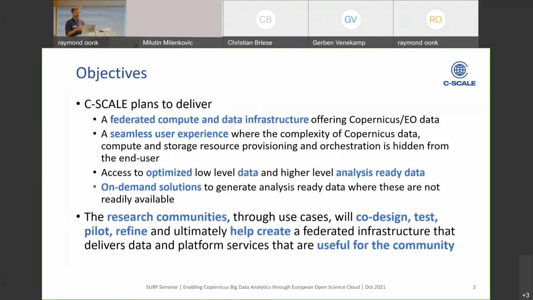I thought it might be useful to quickly remind ourselves of the objectives of C-Scale. So we plan to deliver a federated compute and data infrastructure offering Copernicus and Earth observation data. And the idea is to really deliver a seamless user experience where all of the complexity around compute and storage, resource provisioning, orchestration in the cloud, and all of those kind of things is abstracted or hidden from the user. And in addition to that, we really want to provide access to optimized low-level data or higher-level analysis-ready data, depending on your end user. And where the analysis-ready data is not available, we would like to provide on-demand solutions so that users can generate these